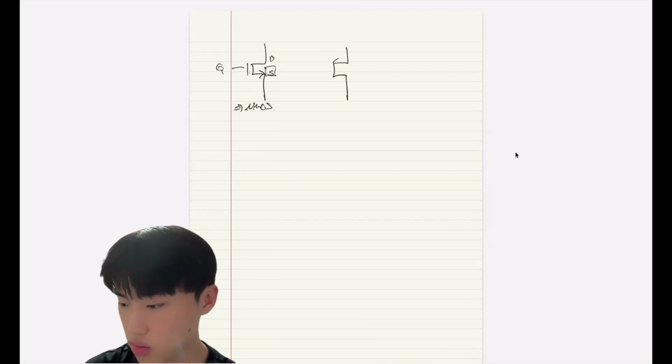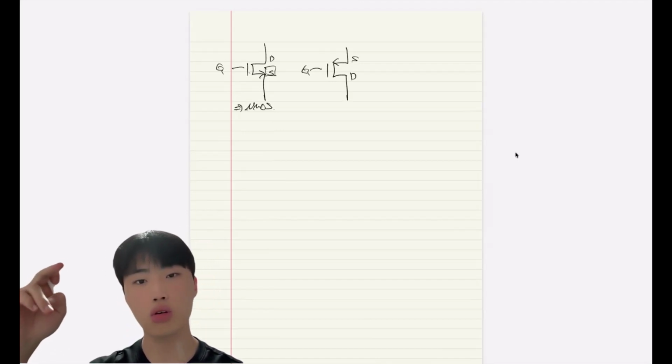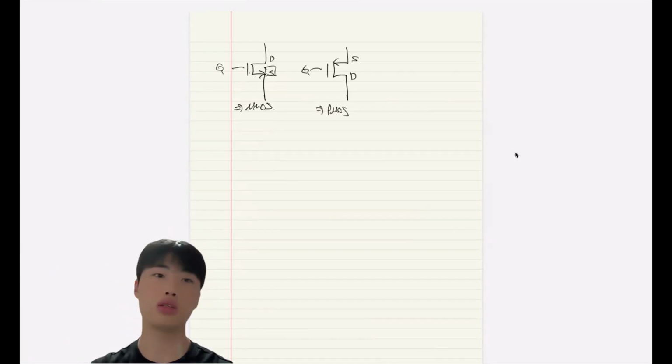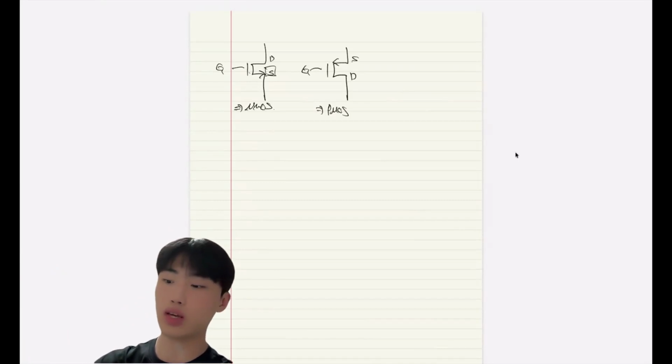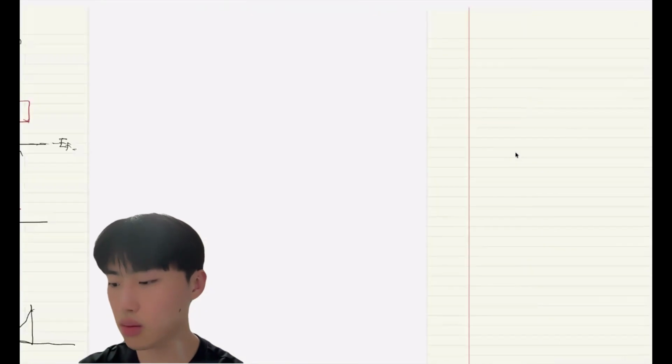and this will be the gate, the source, the drain, and the current flows into the source. So this will be the PMOS. So these were the symbols of the MOSFET. And next we'll talk about the